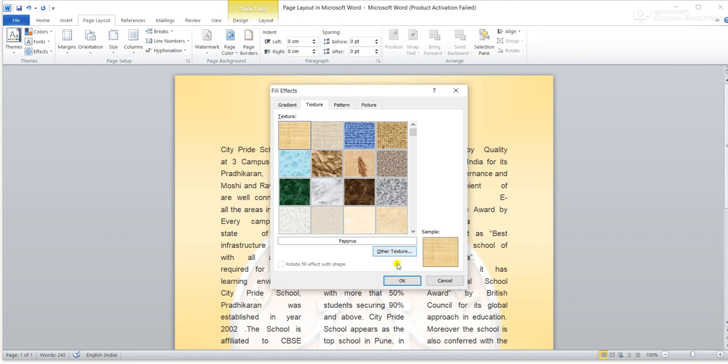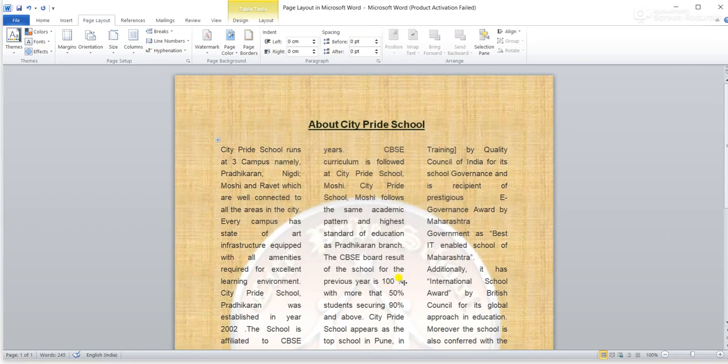It's the same color, so I'll say okay. See, we have changed the texture of our page. So this is the second way of changing the page color, by using texture.